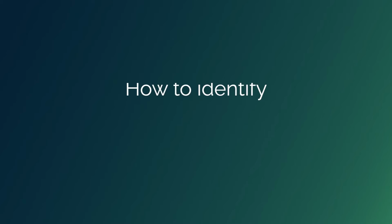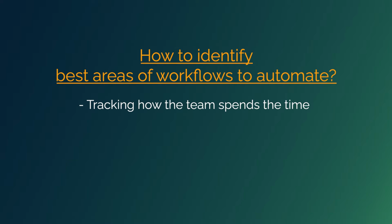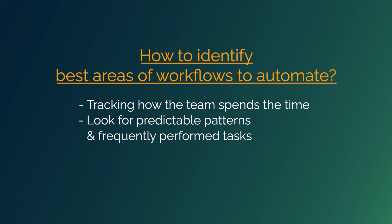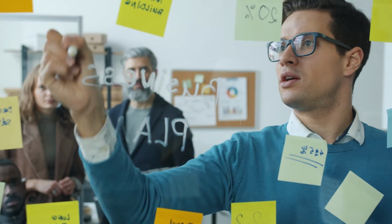How do we identify the best areas of our workflows to automate? It's easier than you might think. Start by tracking how your team spends their time. Look for predictable patterns and frequently performed tasks. Once you know where the time is going, you can identify tasks that can be automated and start building those